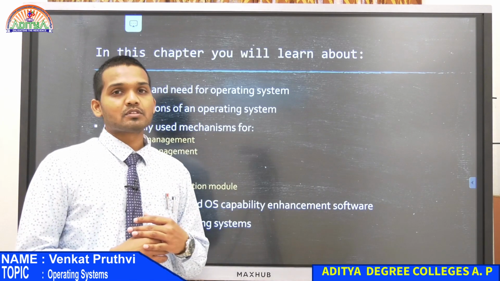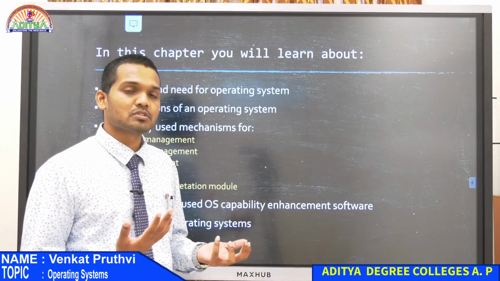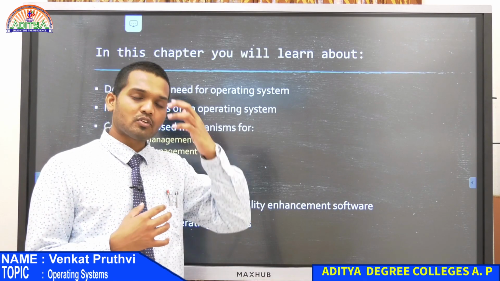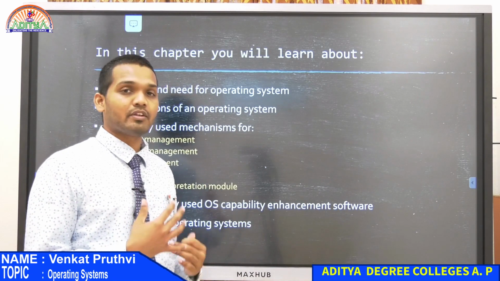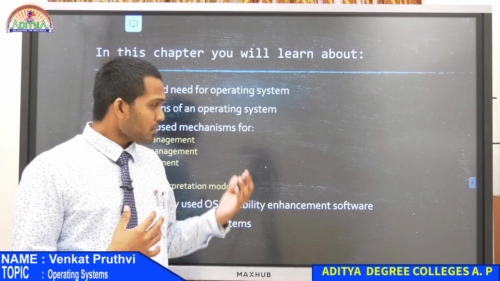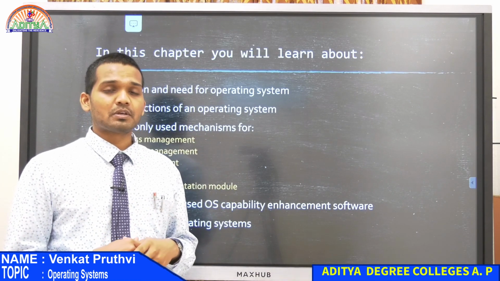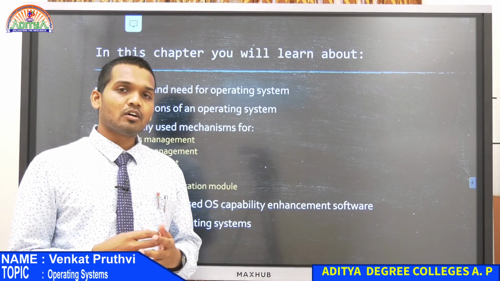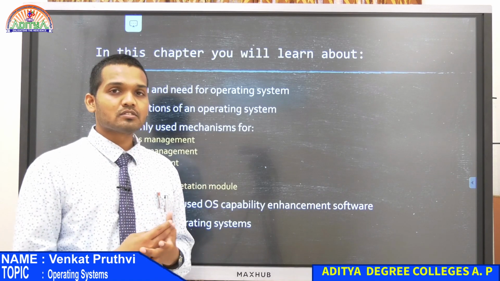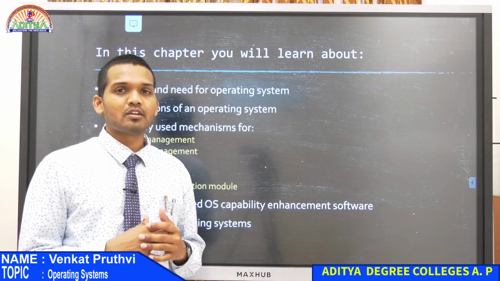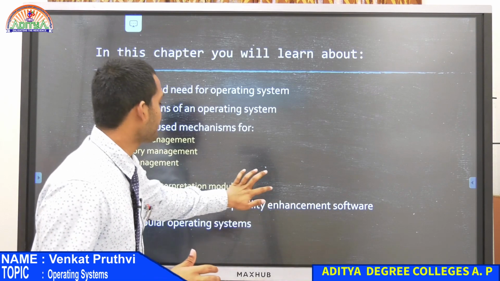How are they different from this? Why are there so many operating systems? We have to have all these kinds of questions, and we have to be really enthusiastic when we discuss operating systems, because when you don't try to think about such things, everything will be very plain or very static.